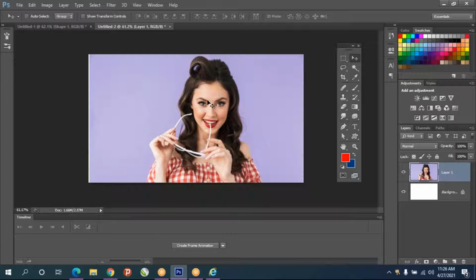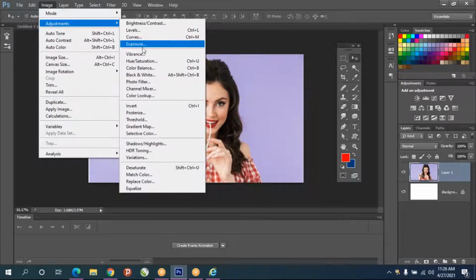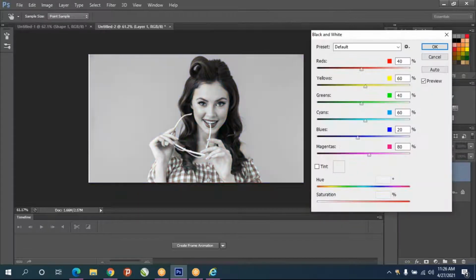So already we have seen how to convert black and white photo to color. Suppose if we have color photo, how to convert that to black and white, and that is very easy concept. Nothing you have to do, just select the layer, go to image option, in that go to adjustments, click on black and white, that's it. Automatically convert to black and white, and you can adjust the values, which color you want to make it darker or lighter, like that.